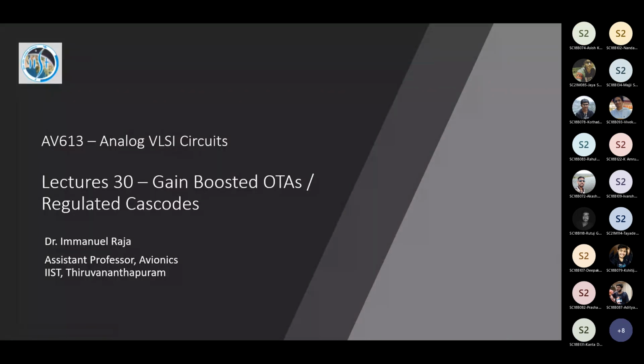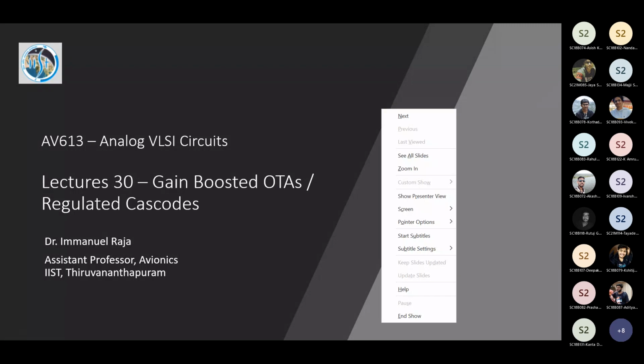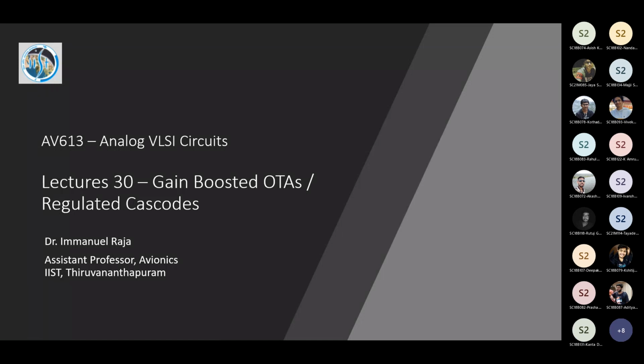Okay, so in the previous class, we talked about a two-stage OTA. If you recall, we said that if we want to get high gain, we looked at telescopic cascodes and folded cascodes and so on. But beyond a point, you can increase the gain only up to a certain point. If you want really very high gain, usually you tend to use a two-stage design. The first stage will give you fairly high gain, and the total gain is the product of the gains of both stages.